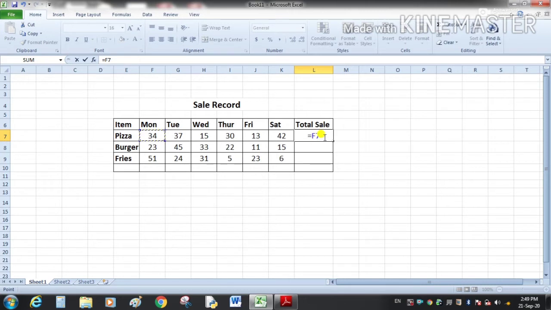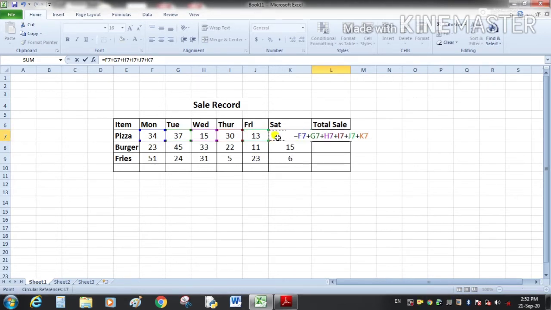Now plus sign. Now I will select this cell, G7. For this data, the row number will remain the same, 7, only the column letters are changing. Plus sign. After that this one, H7 plus I7 plus this one.